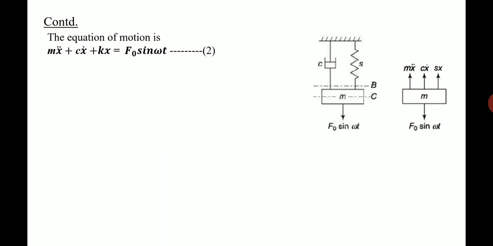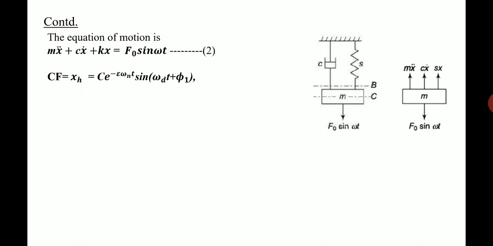So the equation of motion will be given by m x double dot plus c x dot plus k x is equal to F0 sin omega t. As we have discussed earlier, this solution will also have two parts. The first one is a complementary function. As we have seen in free damped vibrations, we are considering the case of underdamping, because that is the most common damped vibration which we observe, where there are oscillatory motions.